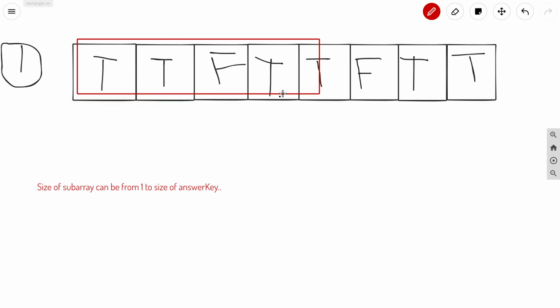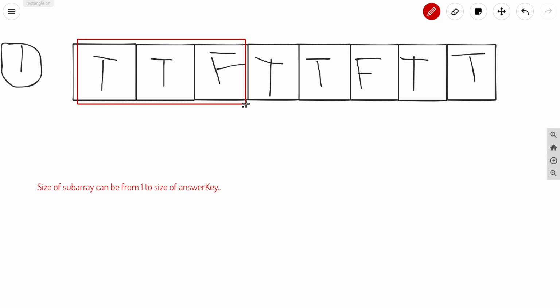So you can see that we can iterate over sub arrays of all such sizes, and we will check whether for a particular sub array of a particular size, the condition of minimum of count t and count f less than or equal to k is valid or not.